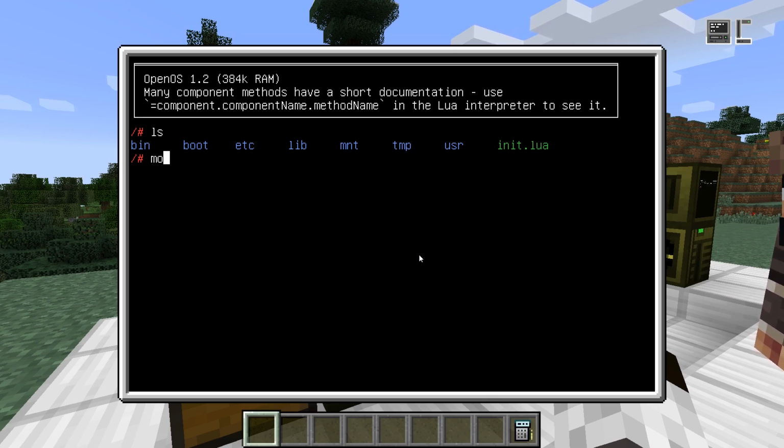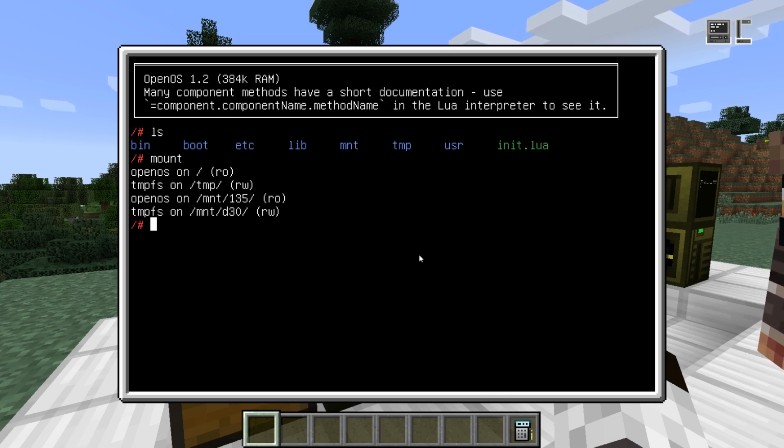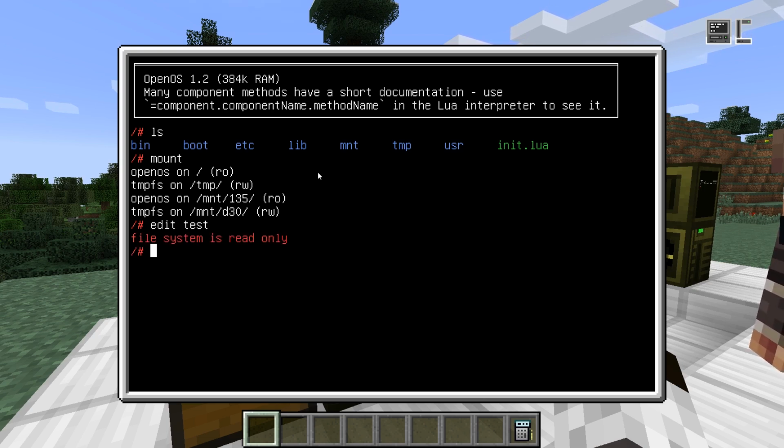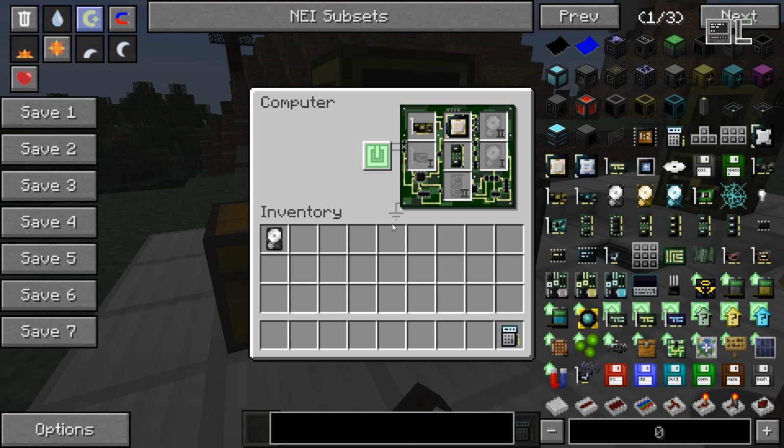So if you remember from before, you see that the root directory is read-only. If I try to do something like, I don't know, test, it'll tell me that the file system is read-only. So I can't just go ahead and write files to the root directory. So if I go ahead and insert a disk drive into the computer now,